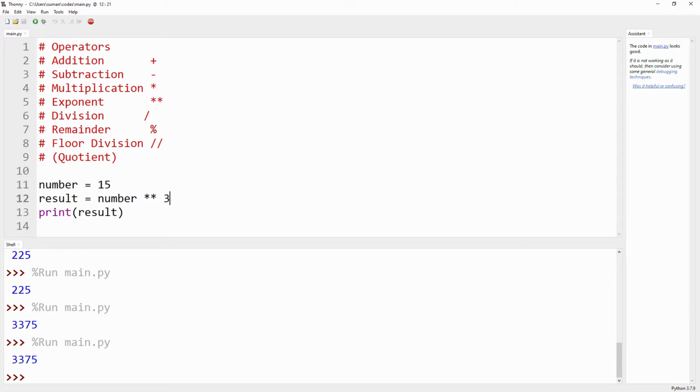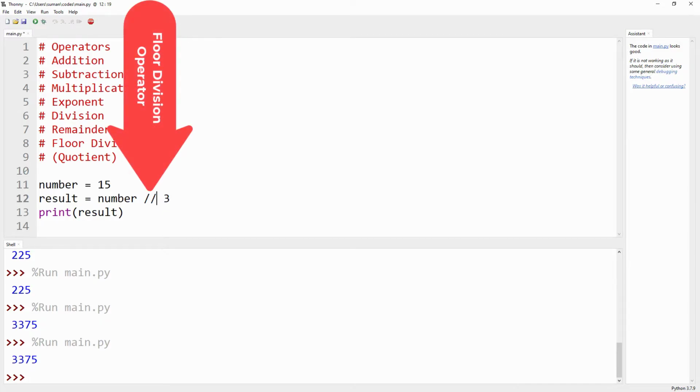Now we are proceeding to the operator, that is float division or the quotient. So we are changing the code, that is double front slash, and after that we are changing the number to 10. Obviously 15 divided by 10, we are getting the quotient as 1.